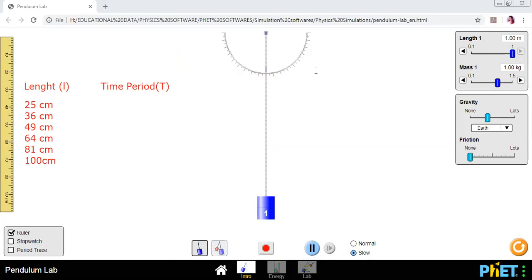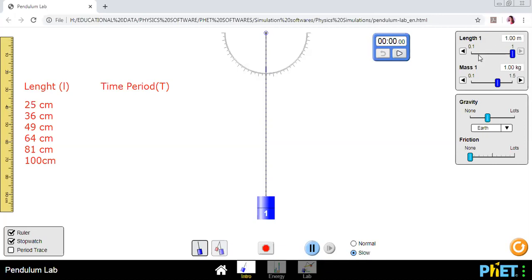We are going to perform this experiment, and we are going to find out the time period of it. And what is the common thing we are going to keep here? We are going to keep our amplitude constant. And we have a stopwatch as well to find out the time. So this is my stopwatch. All of you, can you see the stopwatch? Now I will keep the length of the pendulum as 25 centimeter. Look at this, this is the parameter. You can see my mouse pointer.